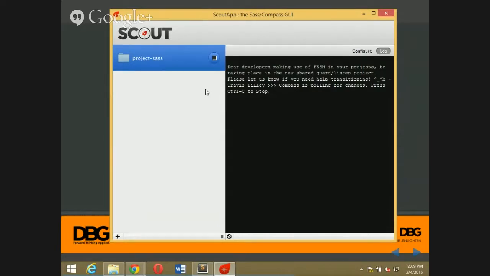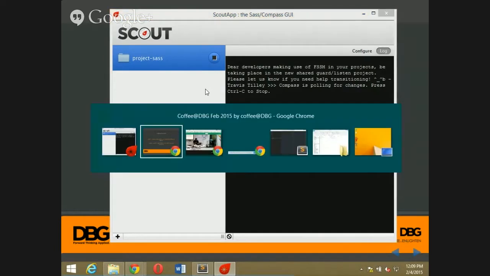I've seen a lot of my colleagues hesitate to use the command line, but it's not that much of a problem, I think. Just try it.